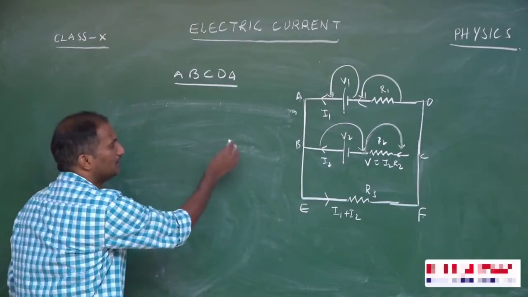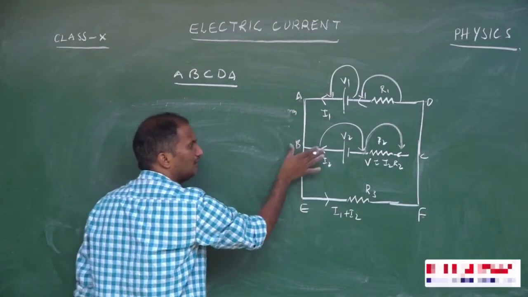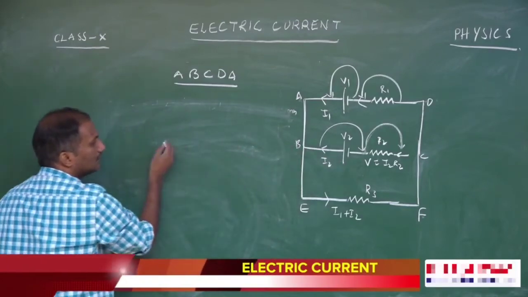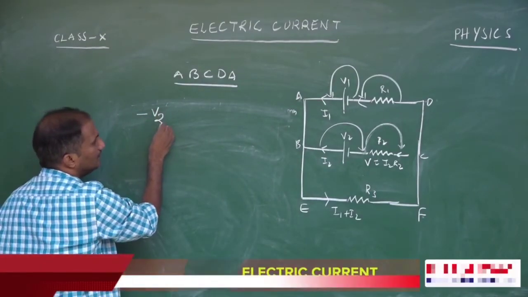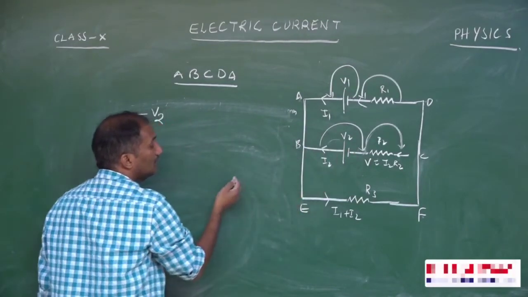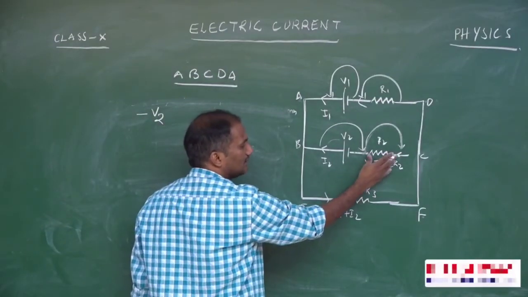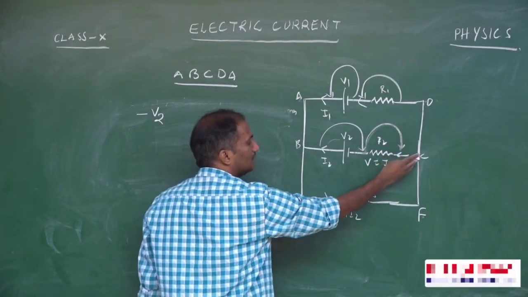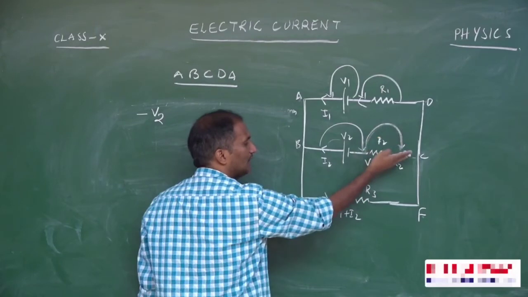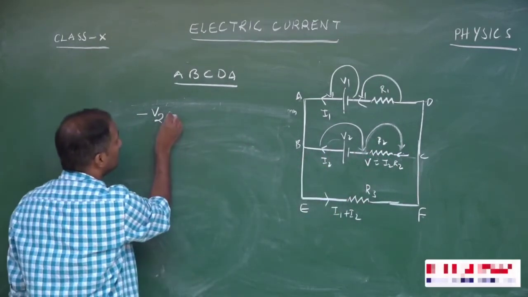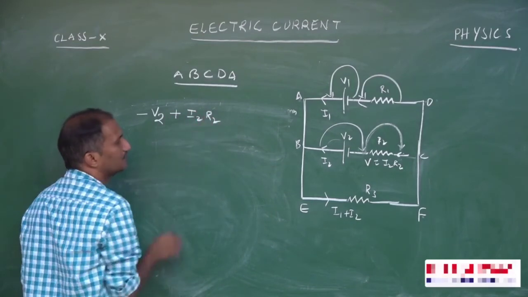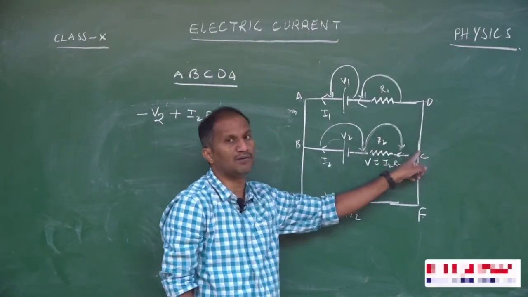Now we are going to see the rise or decrease in potentials at different components in this loop. If we are traveling from A to B, there is no component. If you are traveling from B to C, we have to come across two components. At this electric cell, the potential is minus V2. Why? Because there is a drop in potential from positive terminal to negative terminal. And again, if you come across this resistor, we are traveling opposite to the direction of current. The direction of current is from C to B, we are traveling from B to C, that is, opposite to the direction of current. That means that potential is taken as positive, that is I2 R2. And again, between C and D, there is no component present.